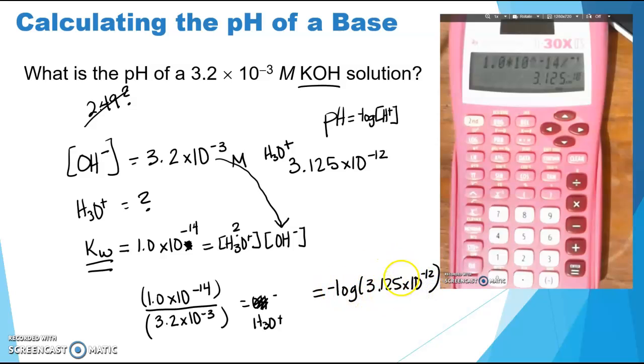I like to keep all my sig figs till the end and deal with that. Then the negative log of that value is 11.51. And the reason I have 2 places past the decimal is because I had 2 total sig figs in my original. Does that pH, is that making more sense? Yeah, that's a pH of a base. So when you're calculating the pH of a strong base, you have an additional step you need to do, because you need to find the hydrogen